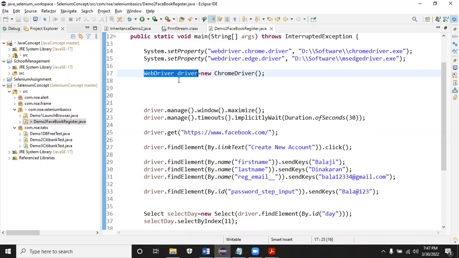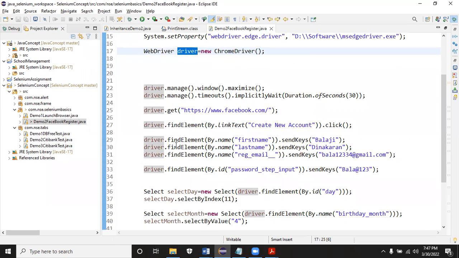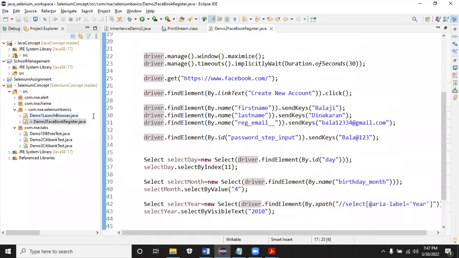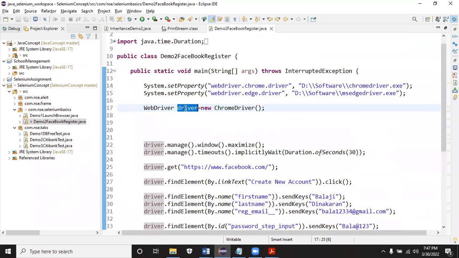The reason why we do this is by using a common layer, I can pass the driver here and there. When we design the framework, we'll pass the driver from one class to another class. While passing it, if you store it in Chrome driver or Firefox driver, every time you have to handle it. For each and every browser, you have to handle it while passing that argument. Right now, as a common layer, we can pass.